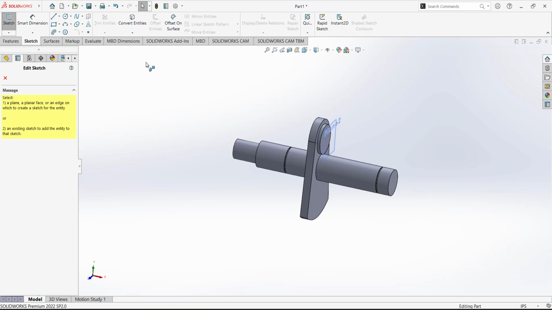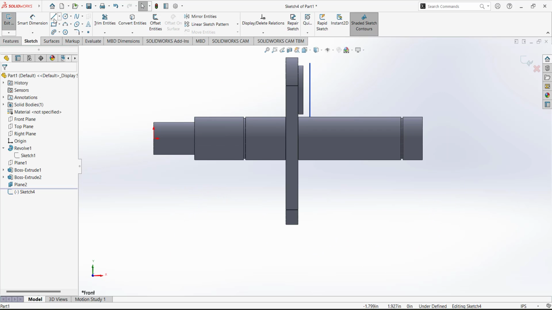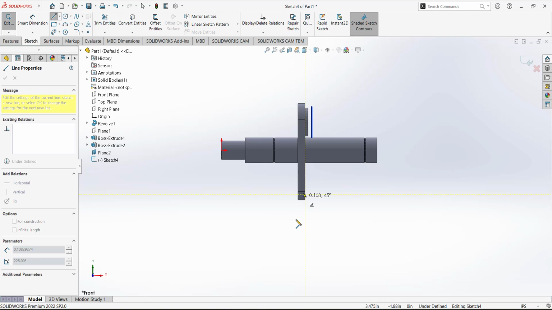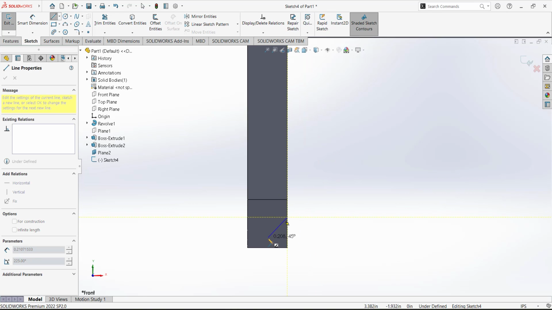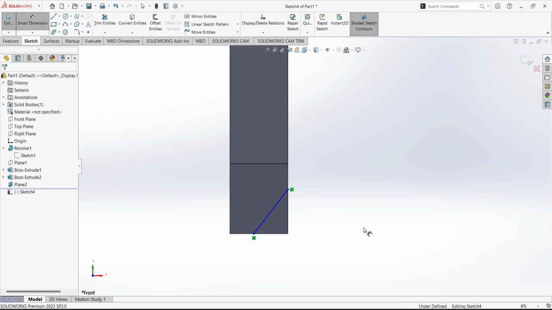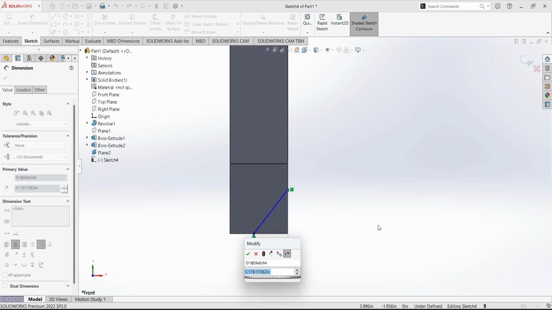We have to open the sketch on the front plane, and draw a line starting from this edge to this edge, and just simply define the dimension. So from this point and this point it has a horizontal dimension of 0.2,